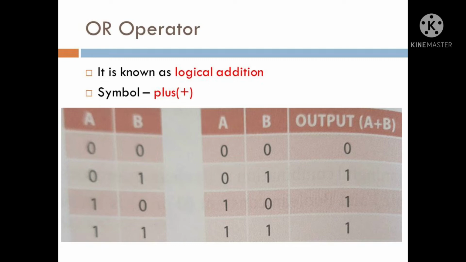If the two inputs are zeros, the output will be 0. If any one of the inputs is 1, the output will be 1. And the OR operator is the opposite of the AND operator. If there is any one, there will be a high or true output. The OR operation results in a true value when either one of the inputs is 1 or true, or both the inputs are 1 or true, and for all the other values of inputs it results in 0.